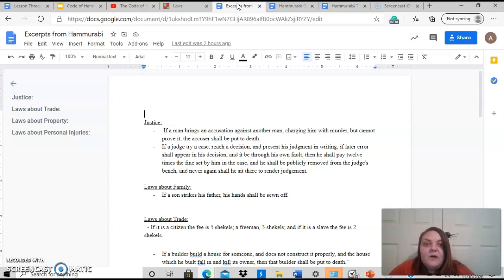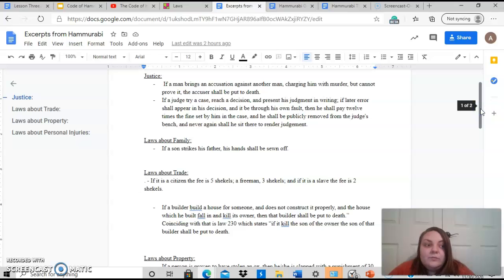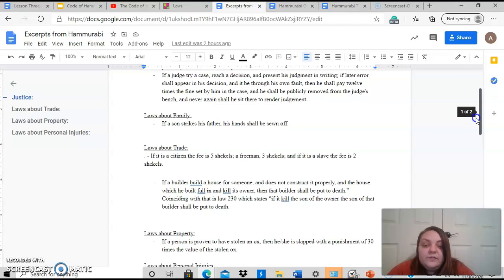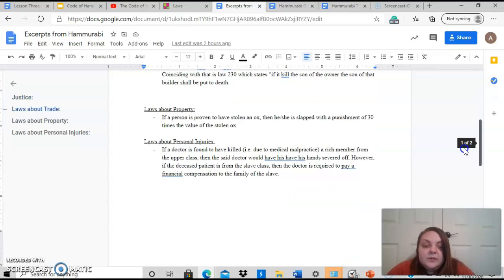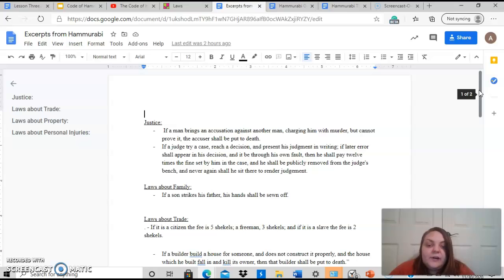Obviously, we won't be able to look at all 282 laws, so this is just to give them an idea of what was important to the Babylonians as far as laws and governing their people. So the code is broken down into categories, so I've done that as well. I have categories for justice, family, trade, property, and personal injuries, and each category I've put either one or two laws, just so students can get an idea what they believed about family, trade, and